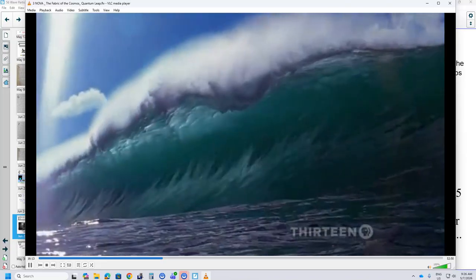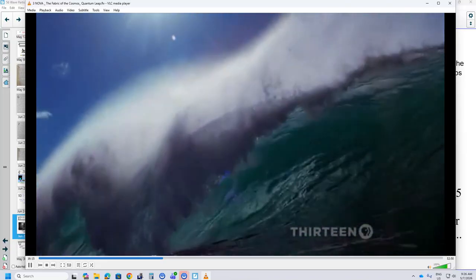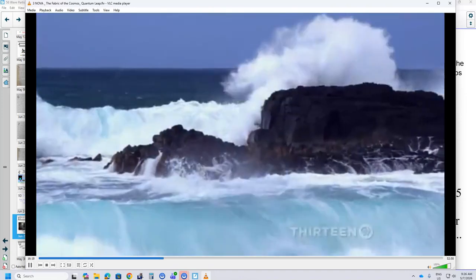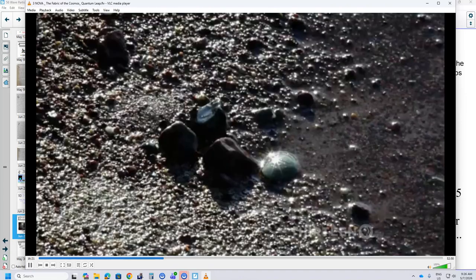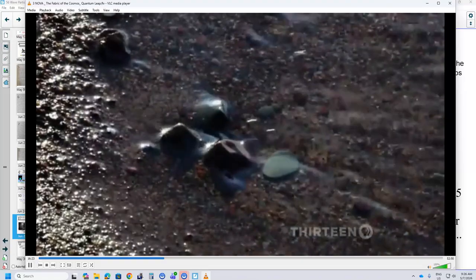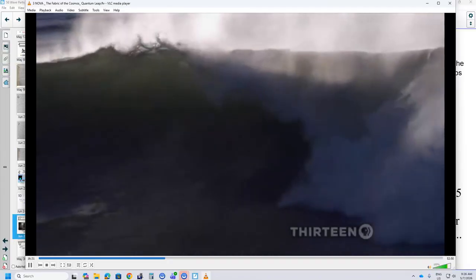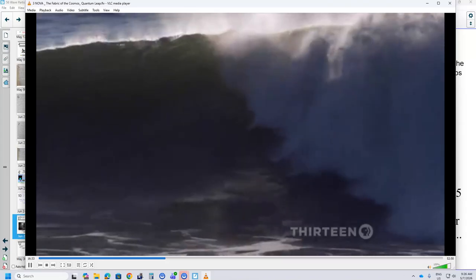A wave in an ocean? That's not a particle. The ocean is made out of particles, but the waves in the ocean are not particles. And rocks are not waves. Rocks are rocks. So a rock is an example of a particle, an ocean wave is an example of an ocean wave. And now somebody's telling you a rock is like an ocean wave.